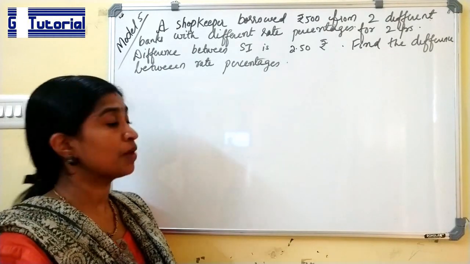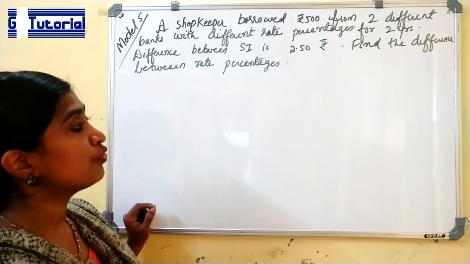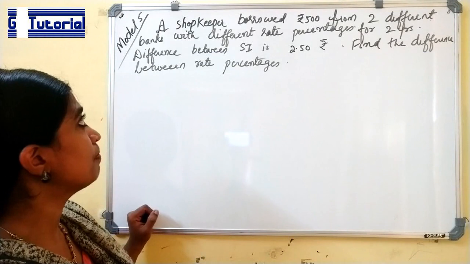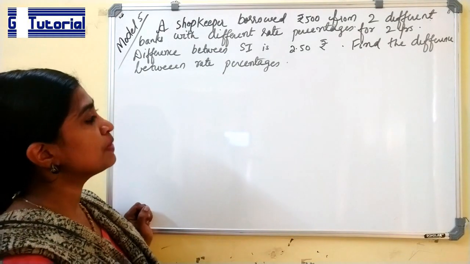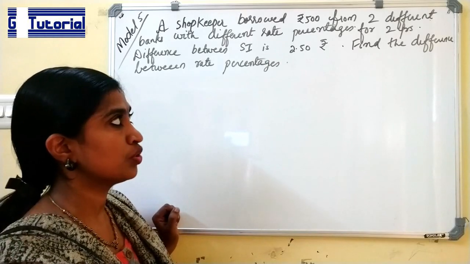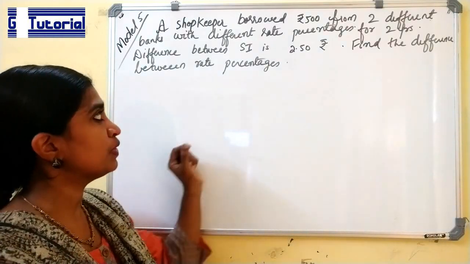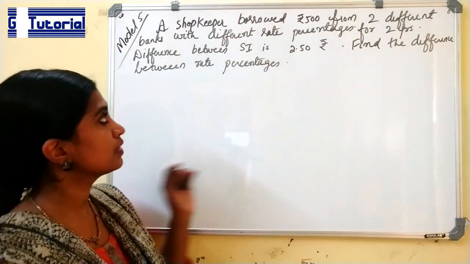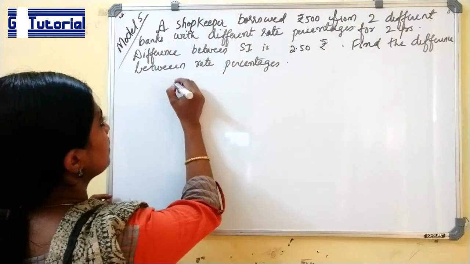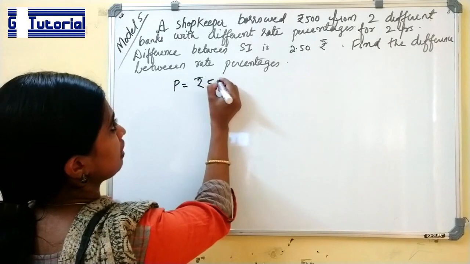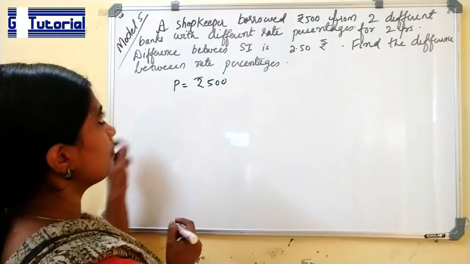This is the next model problem. A shopkeeper borrowed rupees 500 from two different banks with different rate percentages for 2 years. Difference between SI is 2.50 rupees. Find the difference between rate percentages. So, we are given a shopkeeper borrowed, principal is rupees 500 and it is borrowed from two different banks with